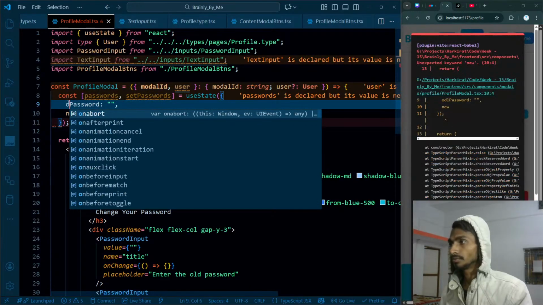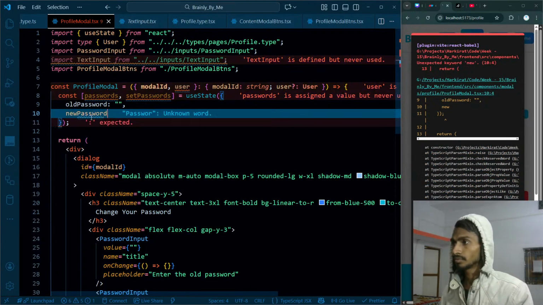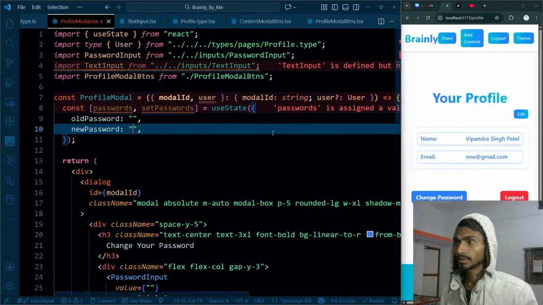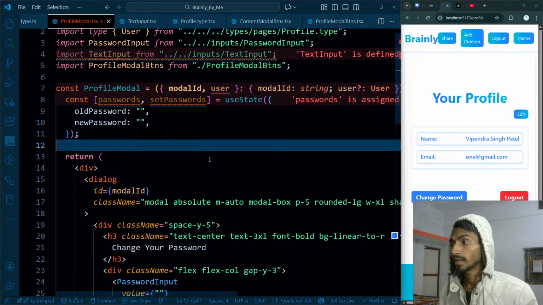old password and then new password, something like this. Any recommendations? Recommendations simple bro, you will have to buy